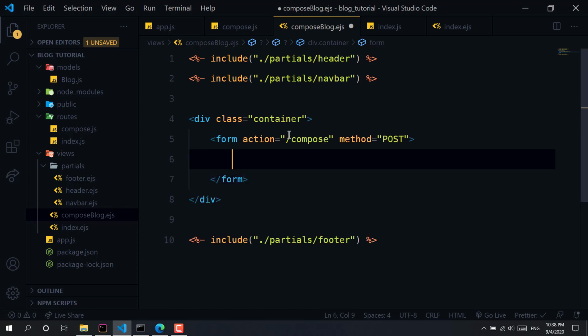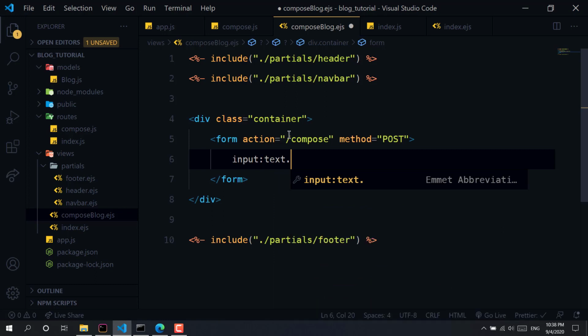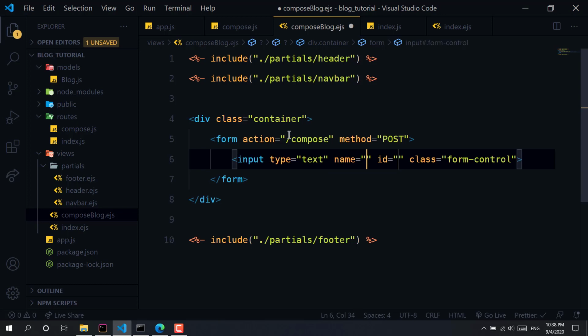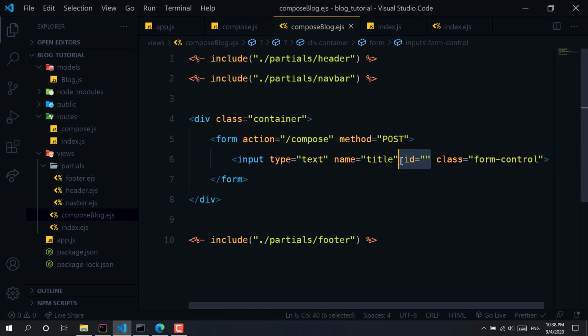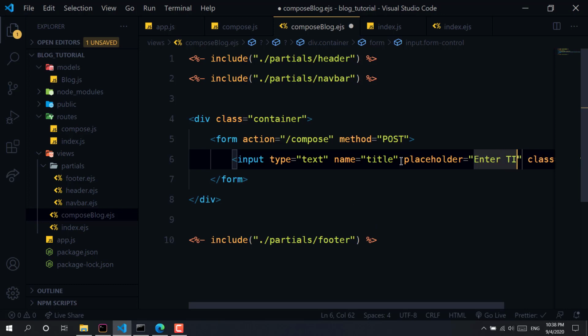So we need an input of type text, with a class of form-control. Now we will give it a name of title. We don't need any id, and we need a placeholder that is enter title.